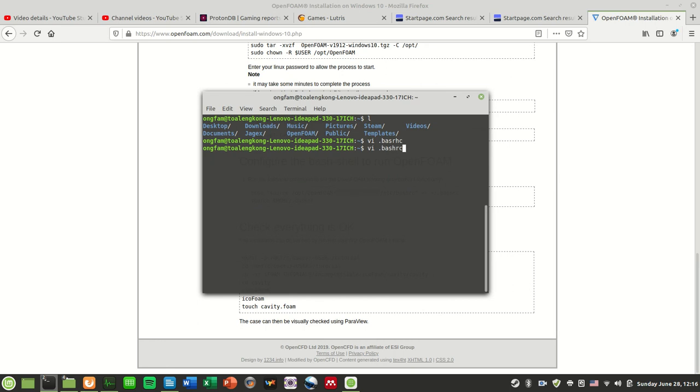I typoed there. Alright, so this is the file you should see. What do you need to do to run every time at startup? Alright, so to start OpenFOAM,